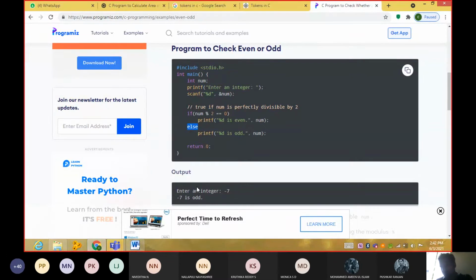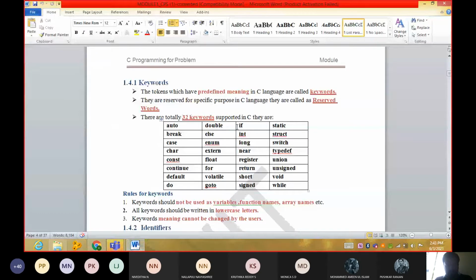Go through this one. I will give you 3 minutes. See, if is a keyword, else is also a keyword.